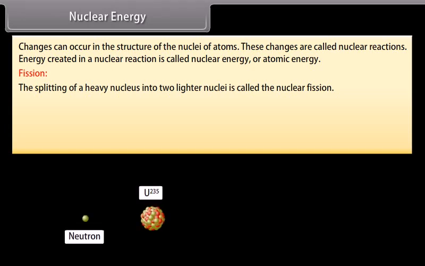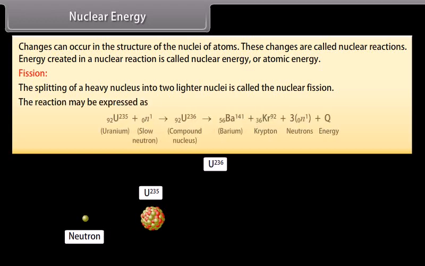When a slow neutron strikes a uranium-235 nucleus, it is absorbed by the nucleus and an unstable isotope of uranium, U-236, is formed, which immediately breaks into two fragments emitting 2 or 3 neutrons with release of enormous amount of energy. The reaction may be expressed as